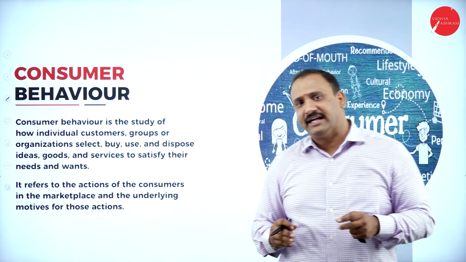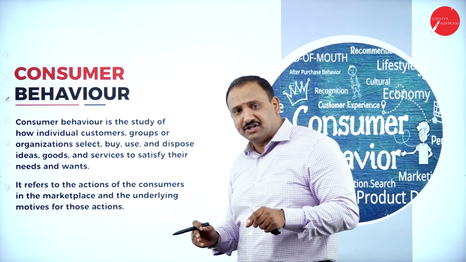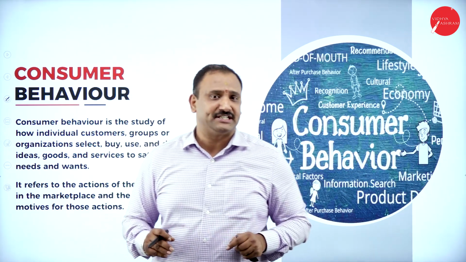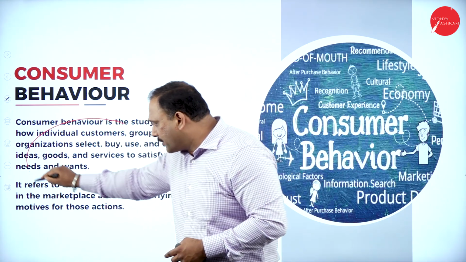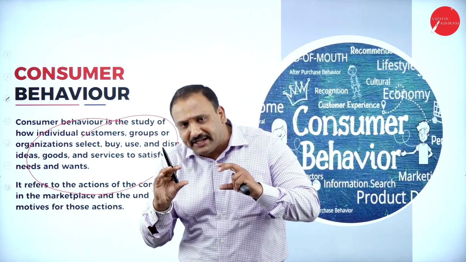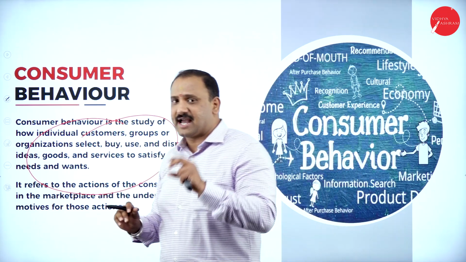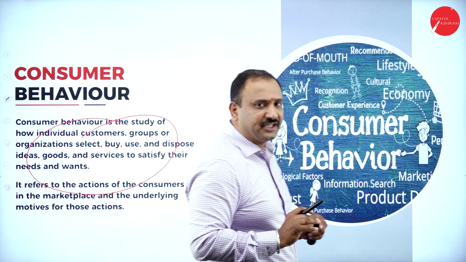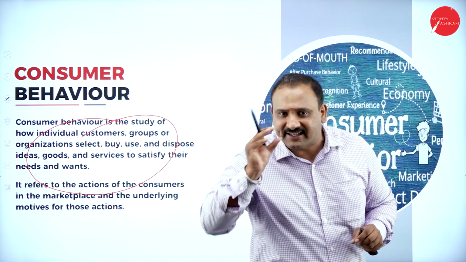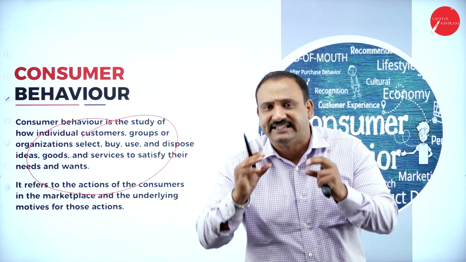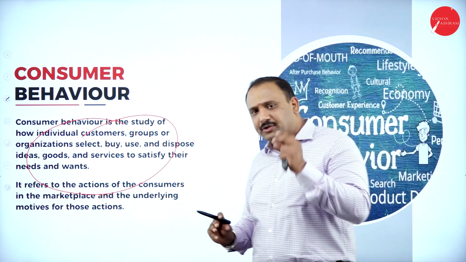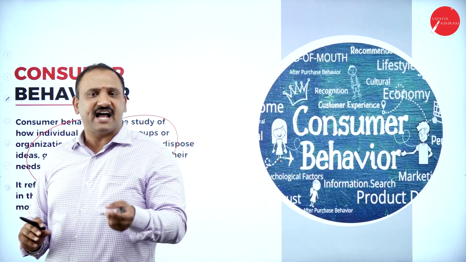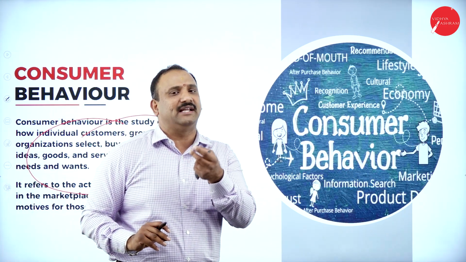So for the producer, it is all about the consumer. And for the consumer, it is all about looking at the producer who's capable of satisfying his needs and wants. So in that context, when we talk about ideas, goods, services, trying to satisfy each other, this chapter becomes very important and interesting also. So in business decision theory, we will try to dissect that customer into the last detailed part so that we try to understand how exactly a consumer behavior starts influencing the market to the last level